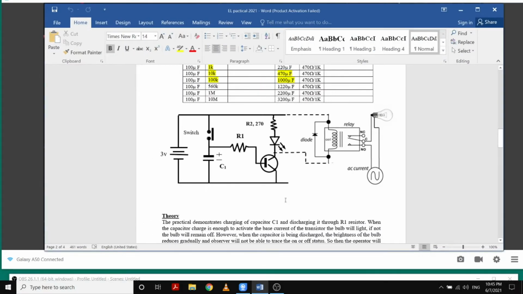Right, here in this circuit, we have a 3-volt battery pack, a push button switch, a capacitor, resistor 1, a transistor, an LED bulb and another resistor. Now when you assemble this circuit, we have a push button switch. Once you push this push button switch, this circuit completes, and the capacitor will instantly complete